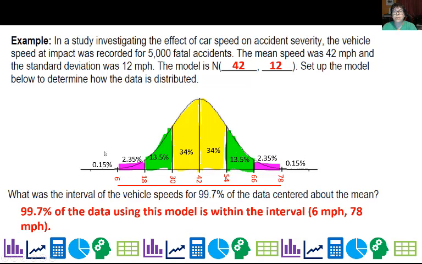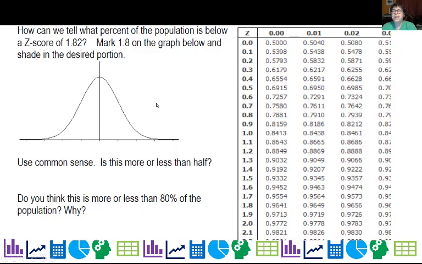Again, you don't need to memorize these little slices. You might want to draw the curve because I think it helps to see the shape and the breakdown. But most of our work is going to be, we'll do some empirical rule, but most of our work is going to be other numbers that are in between. So speaking of which, what if I have a z-score, and we're talking about z-scores here, of 1.82, because z's tell us how many standard deviations away things are.